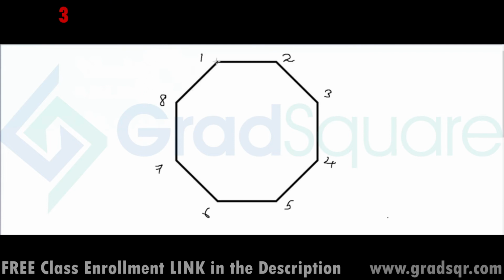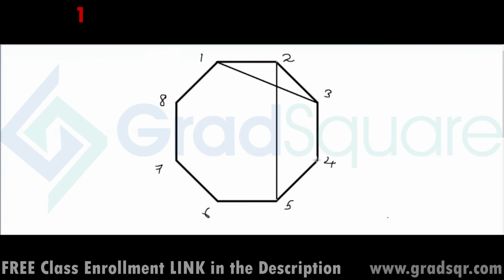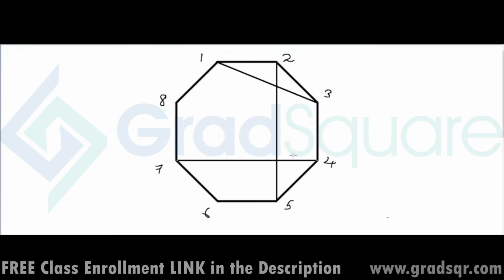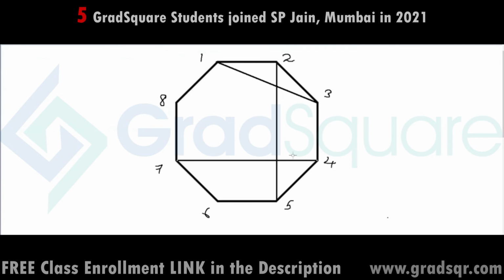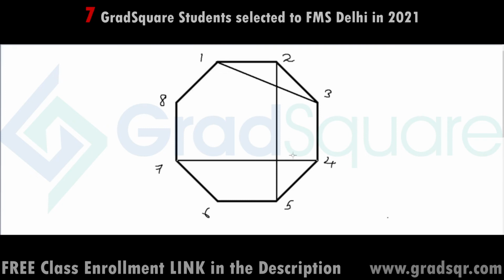So 1, 3 is also a diagonal. 2, 5 is also a diagonal. 4, 7 is also a diagonal, right? All these are diagonals because I'm joining any two vertices which are not adjacent to each other. Now, in regular polygons, some diagonals will be of the same length, some will not. And generally speaking, it's very simple to figure out which two diagonals are equal in length and which two